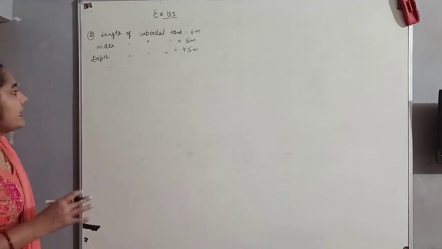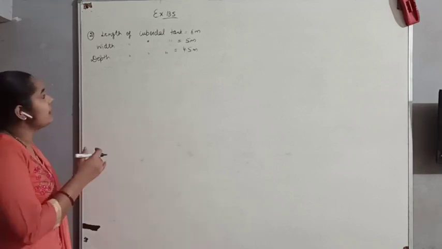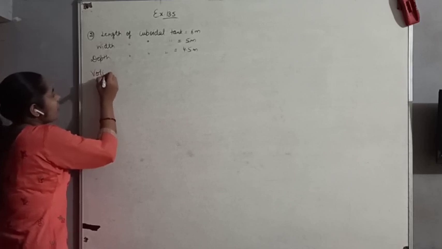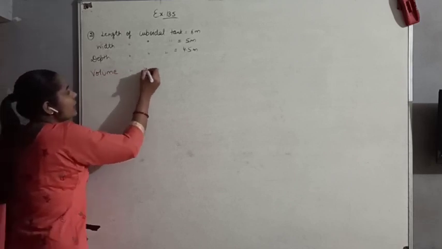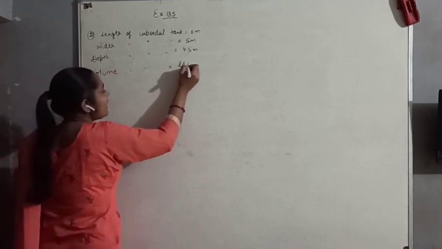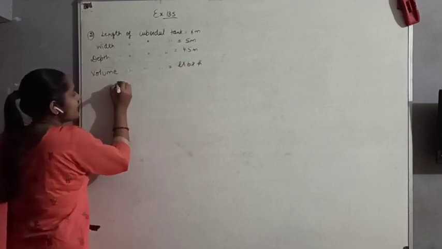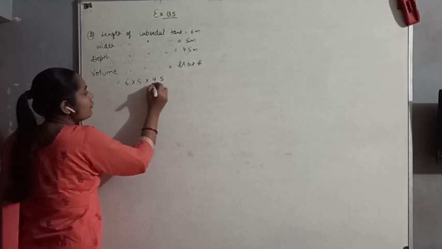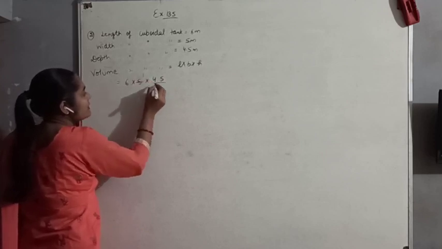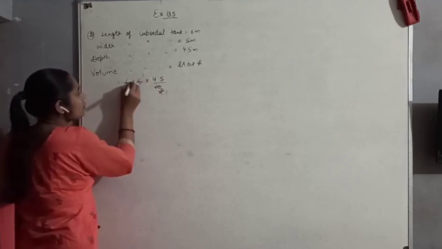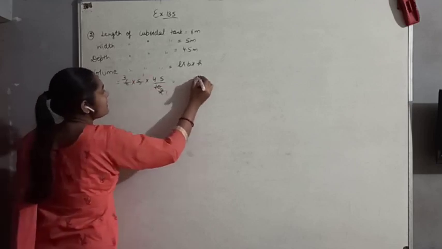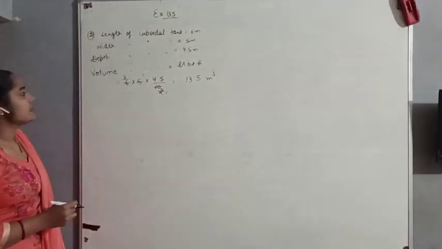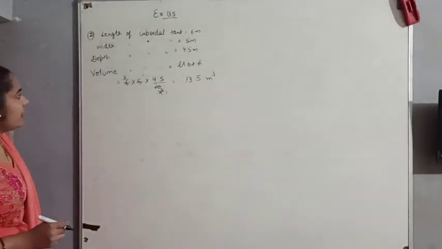आपको क्या करना है, कैपेसिटी फाइंड आउट करनी है इस टैंक की, कितने होल्ड कर सकता है. ठीक है, सबसे पहले क्या करेंगे, वॉल्यूम फाइंड आउट करेंगे. वॉल्यूम of cuboidal tank, that is equal to length into breadth into height, that is equal to 6 into 5 into 4.5. 4 point by 10, 5 1s are 5, 5 2s are 10, 2 1s are 2, 2 3s are 6, 135 cubic meter. That is the volume of cuboidal tank.